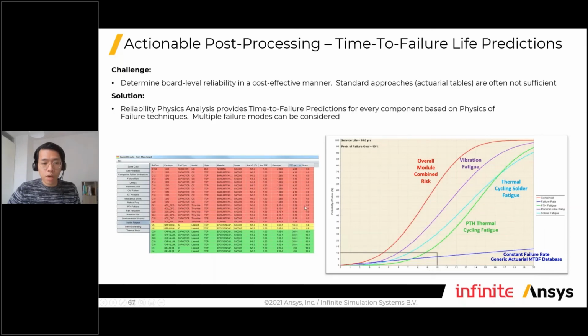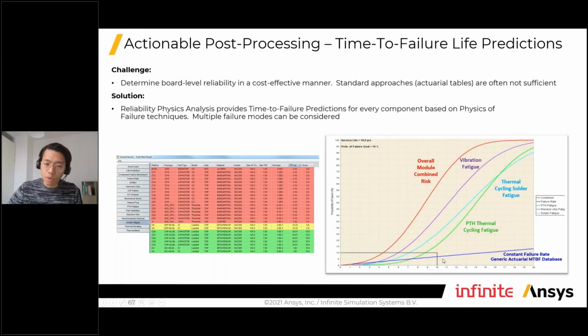These red parts are going to fail because they are not meeting our requirement, which is 10% of the end product, or a 10% possibility that it will fail after 10 years. If 10% of a product fails after 4.5 years, then that's apparently not good enough, and eventually we're causing a lot of money on warranty issues.